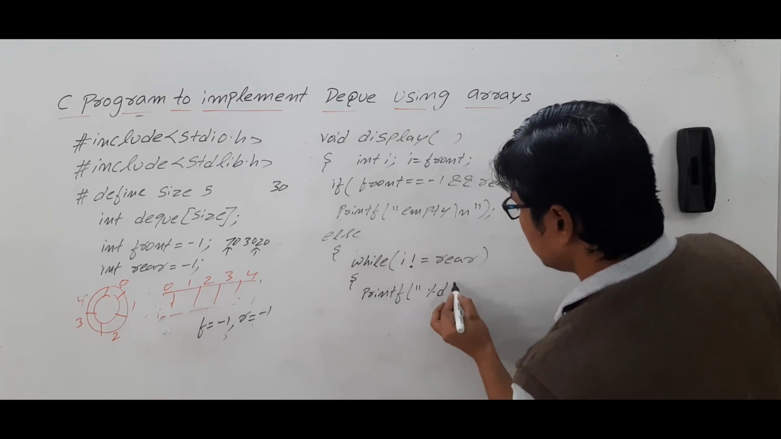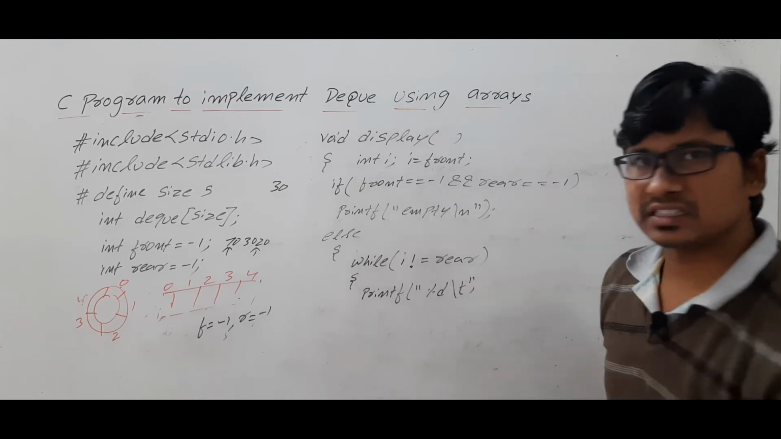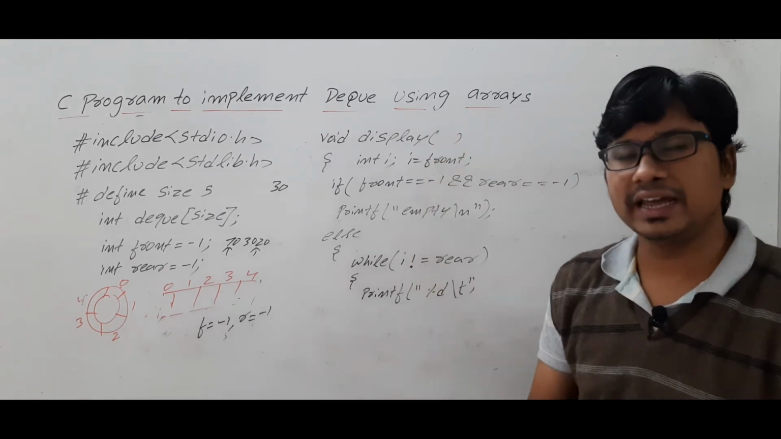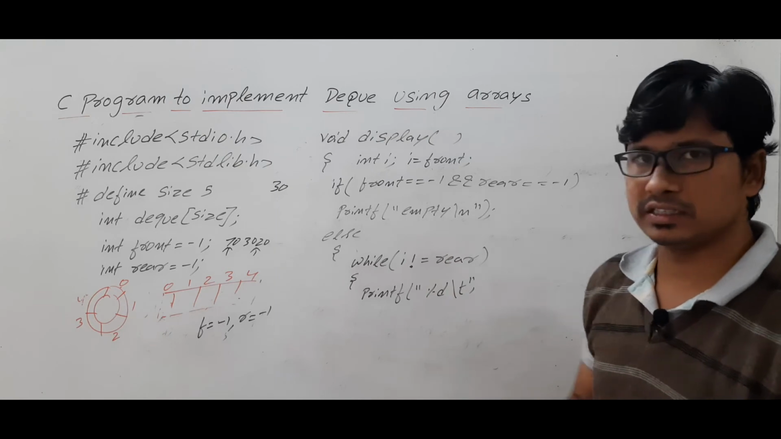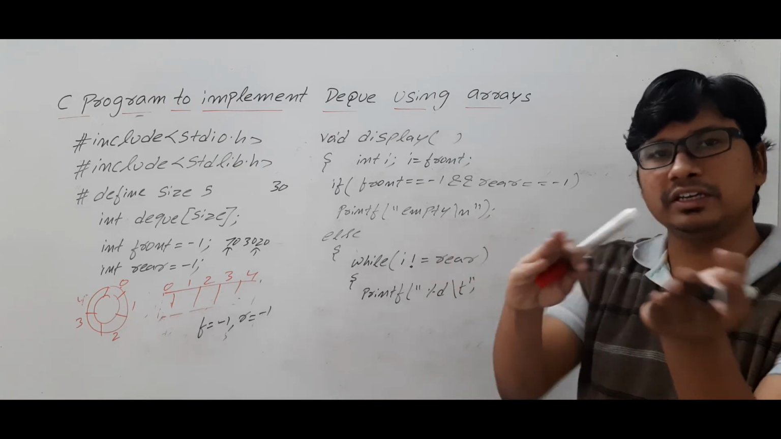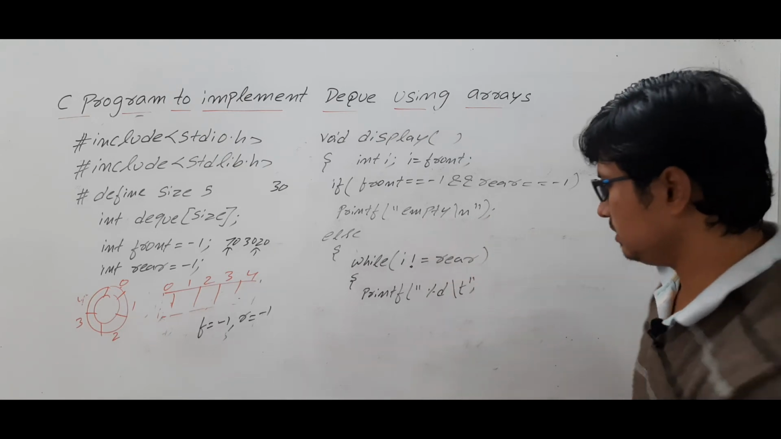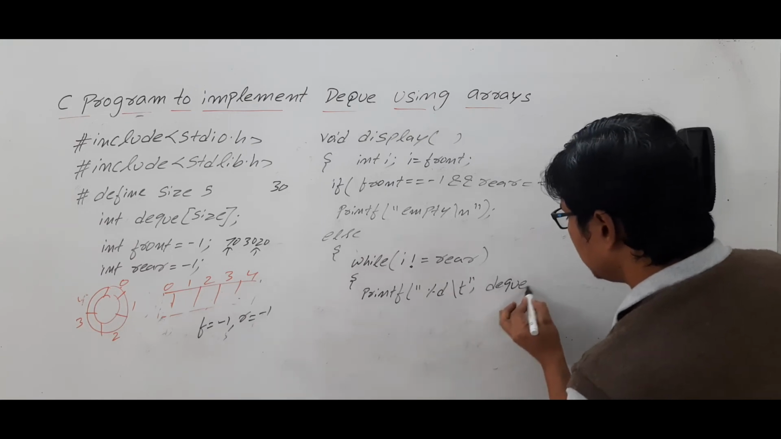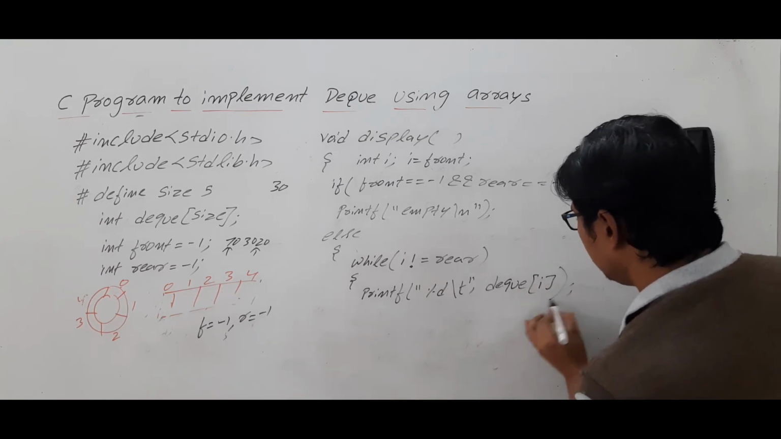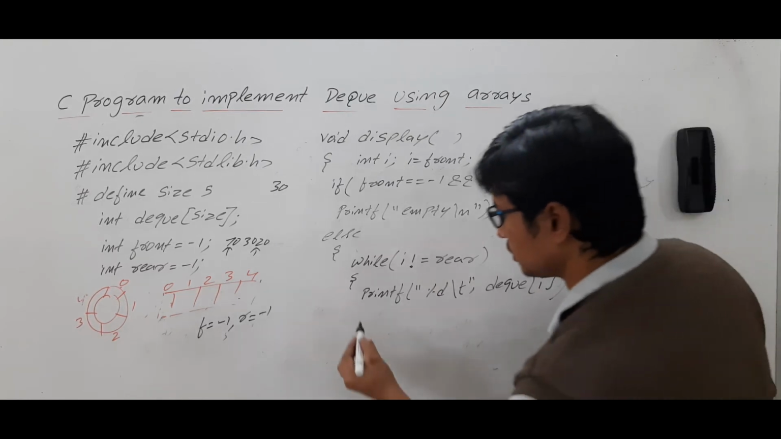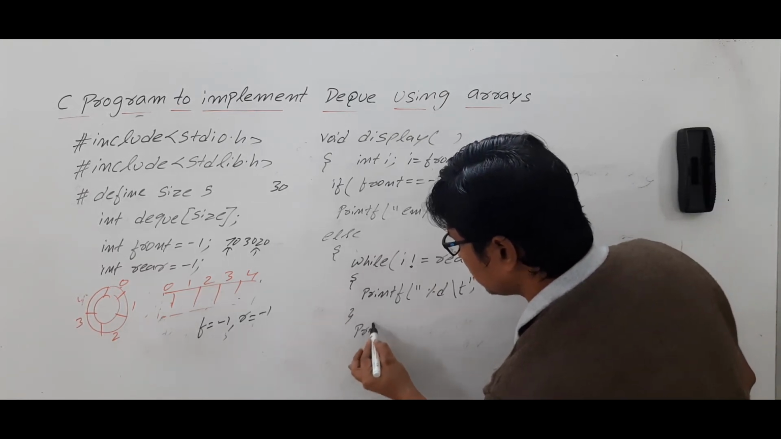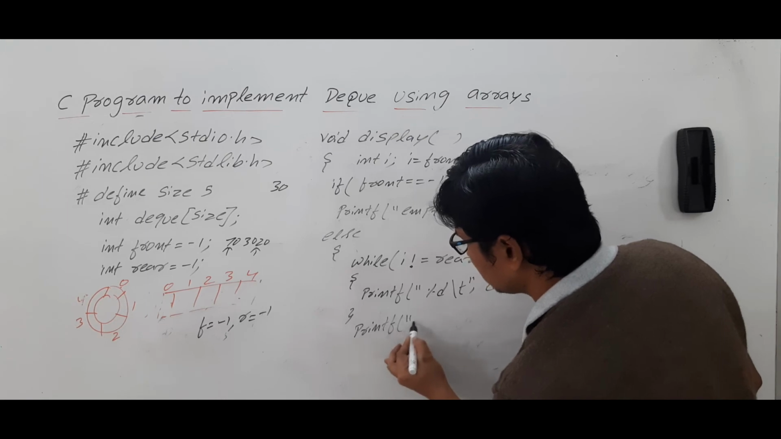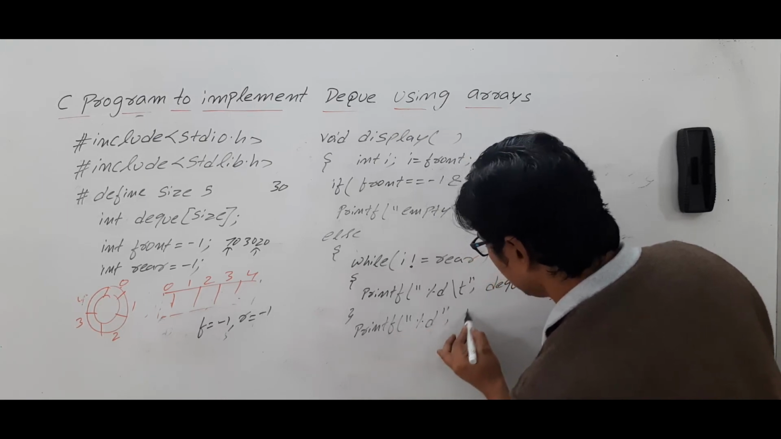%d \t you can use, or \n. If you want the elements in separate lines, you can use \n. If you want them in the same line with a tab space, you can use \t. Then the element which is there at the index i, whatever the element is, that you want to display, and then again you will write this statement, printf %d